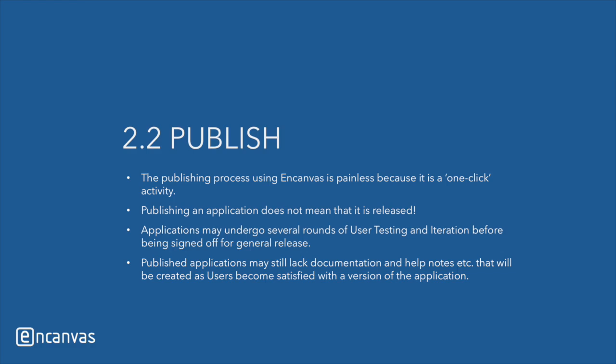The last step in design and deployment is publishing. The publishing process using inCanvas is painless because it's a one-click activity. But publishing an application does not mean that it's released. Applications may undergo several rounds of user testing and iteration before being signed off for general release. Published applications may still lack documentation and help notes that will be created as users become satisfied with a version